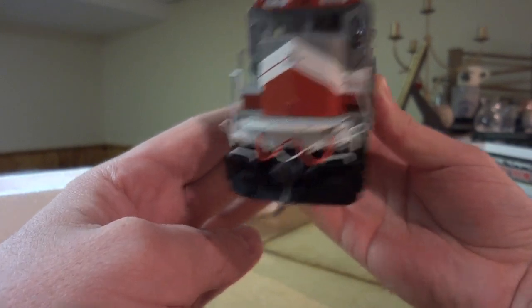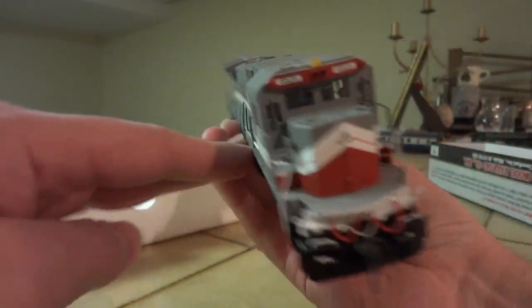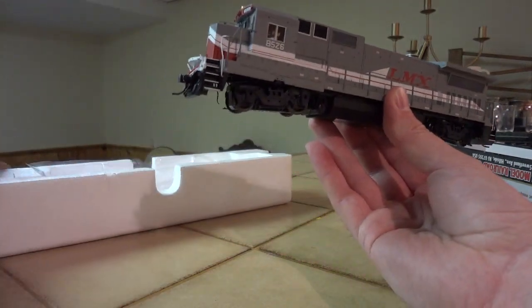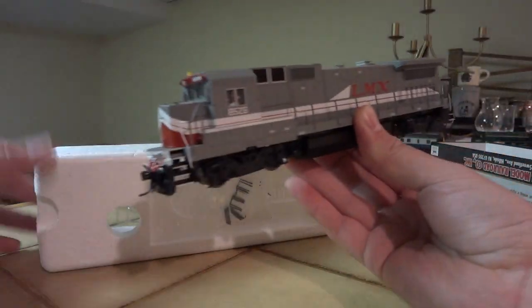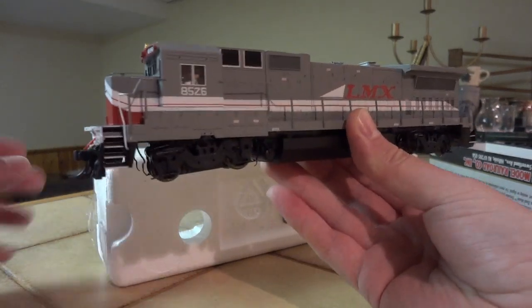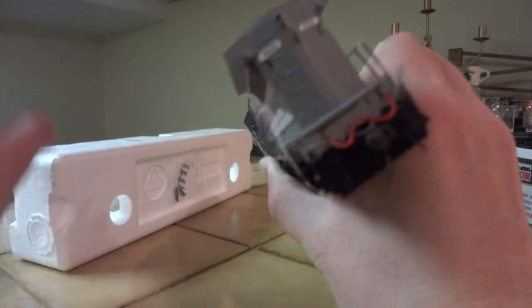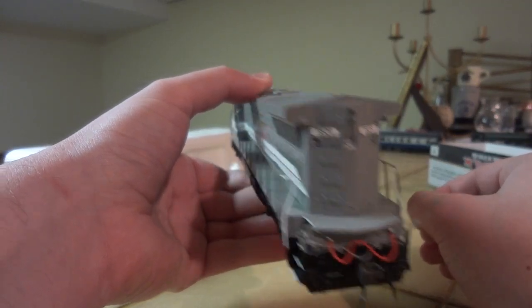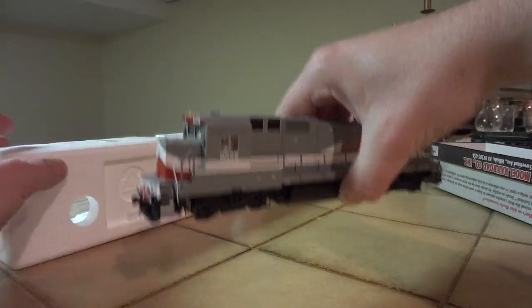Yeah, pretty nice. And I thought I probably hit something here, but I didn't. But yeah, I wish Atlas would pump out a little bit more of these. They tend to just not making the 39s. They just, well, keep it in the camera. But yeah, there she is. And of course, as you know, the big fans fan out here at the back. Yeah, but very nice detail for the time. They were already surpassing Kato